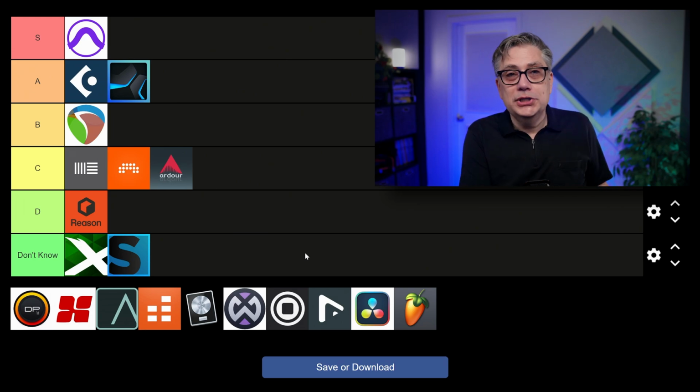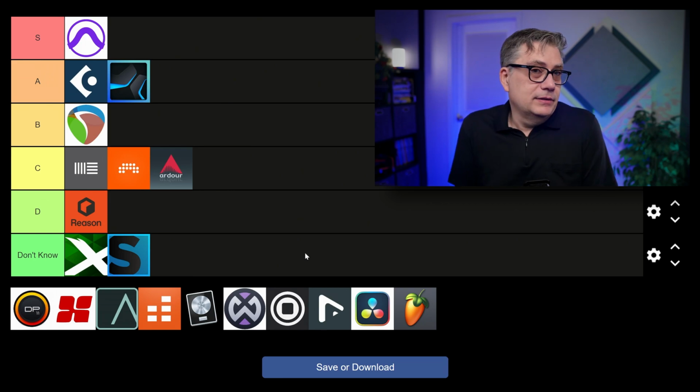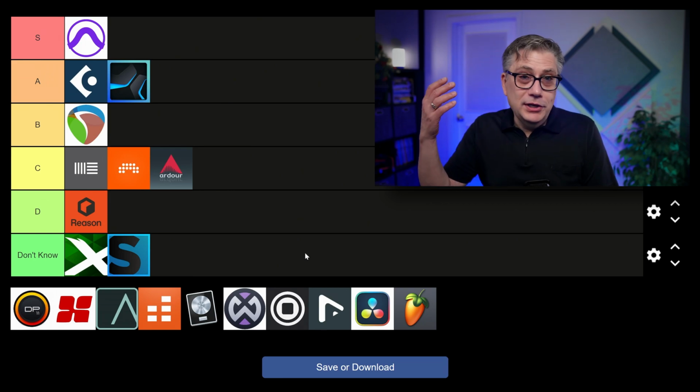I spent so much time to get to the point where I could actually use Dolby Atmos with Digital Performer. It ended up working okay, but it is just a mess of one workaround after another. And once again, the most disappointing thing is that this is a DAW that should have that.